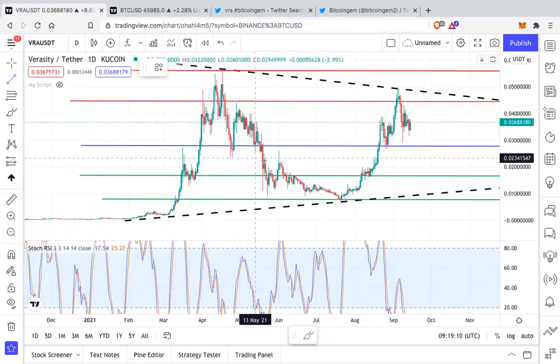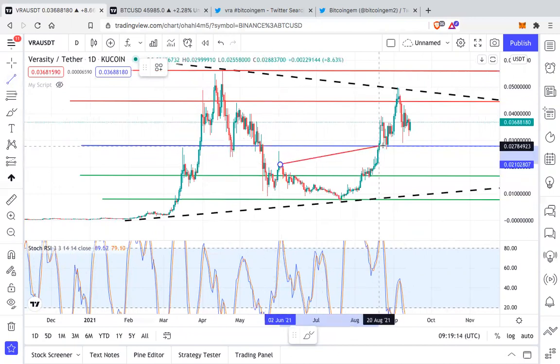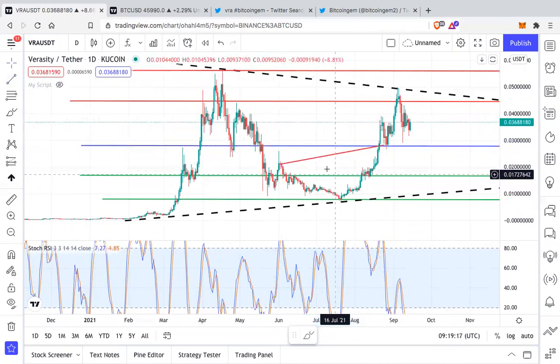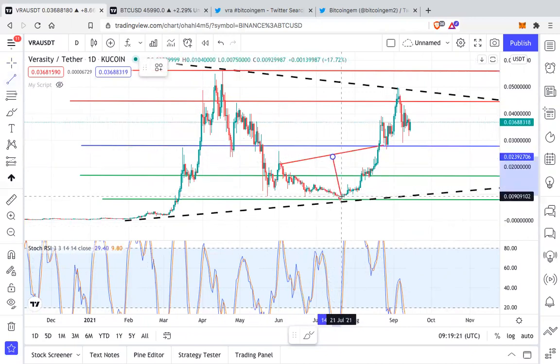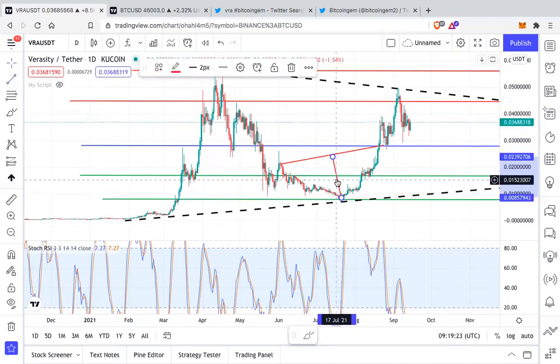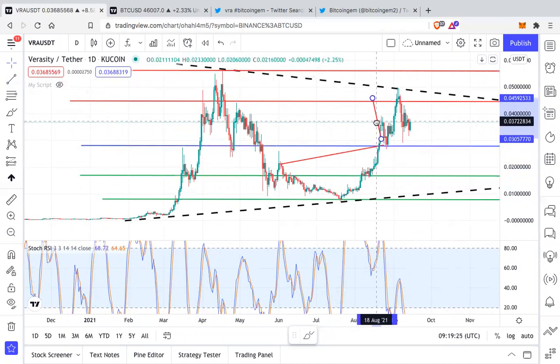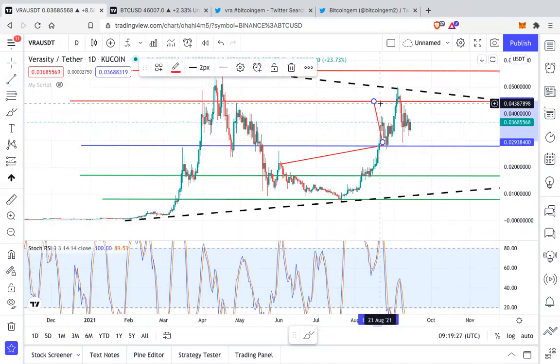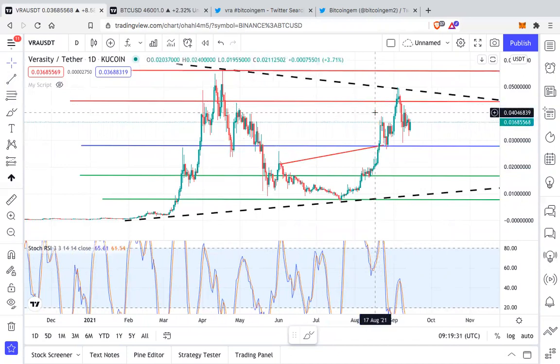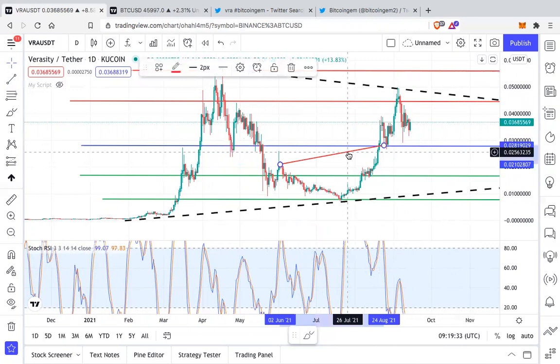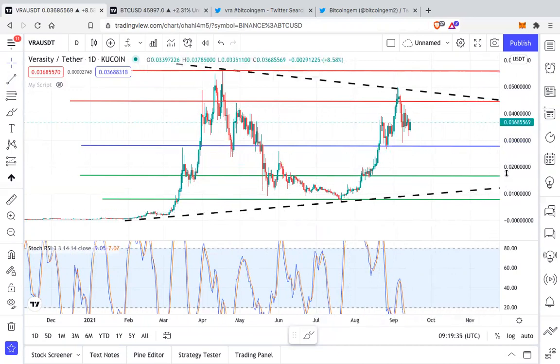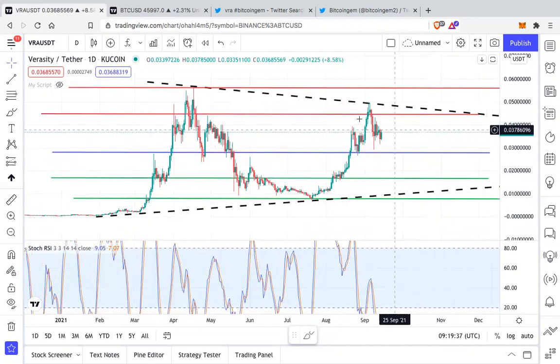If you go and check my Twitter feed, I had shared with you this breakout, this range, when we were down here, and the target I had given you after the breakout. You just see how perfectly we have hit that target. So this is one wonderful breakout, and right now we are